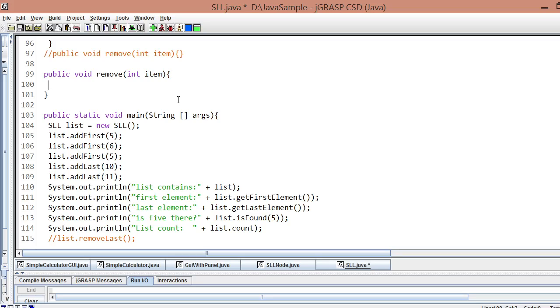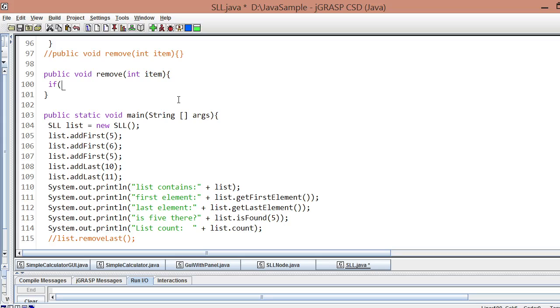So meaning to say the first 5 will be removed, right? To remove an item from the list, again, our assumptions or the different cases could be the list is empty, or it is also possible that the item is not in the list. So let's handle these different cases.